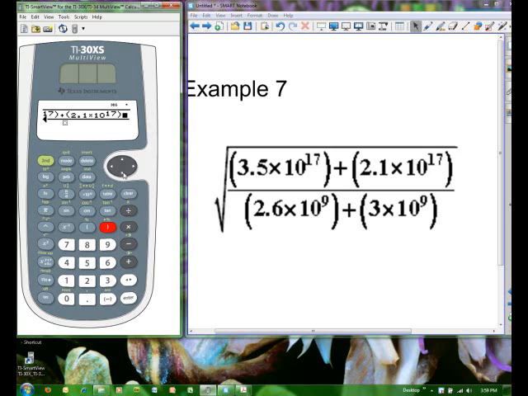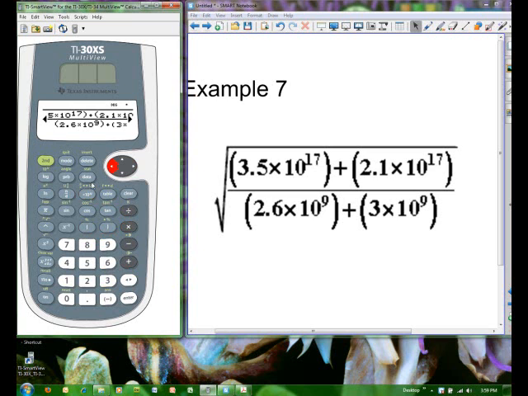Now I need to use my down arrow to put in the denominator. I put parenthesis 2.6. Use my times 10 to the n button. Put in the exponent, which is 9. Use my right arrow key to get out of the exponent. Close my parenthesis, plus parenthesis 3 times,